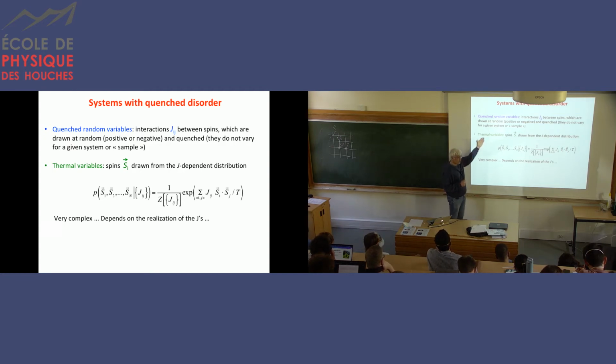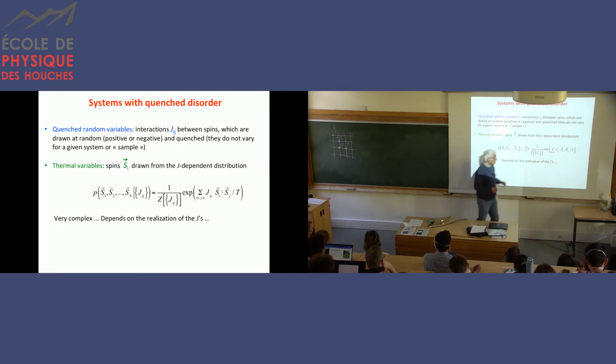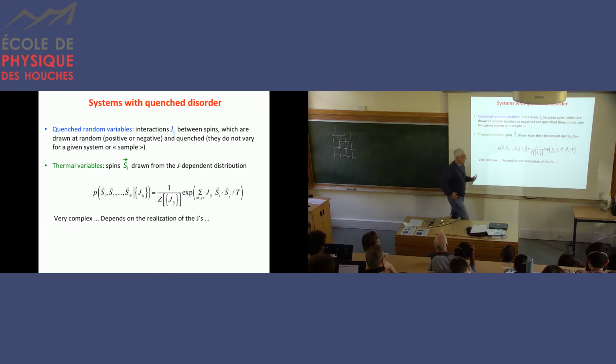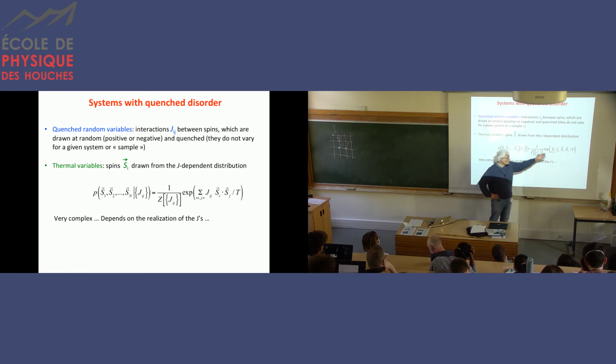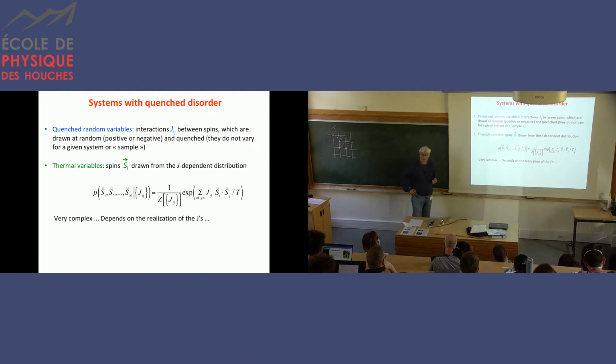And then we have the other variables, which in my case are the spins, these vectors of unit norm, which are drawn from a distribution conditioned on the value of the quenched variables. In the example I gave you here, that's just a joint distribution of these different spins, which is given by this distribution here. So it's a very tough problem, because if you want to study this distribution, you immediately see that the outcome should depend on Jij. If you ask what is the best configuration with the highest probability, it will depend on Jij. It's a very complicated thing to determine. Yet some properties may not depend too much on Jij, especially in the large size limit, and we'll see that also.